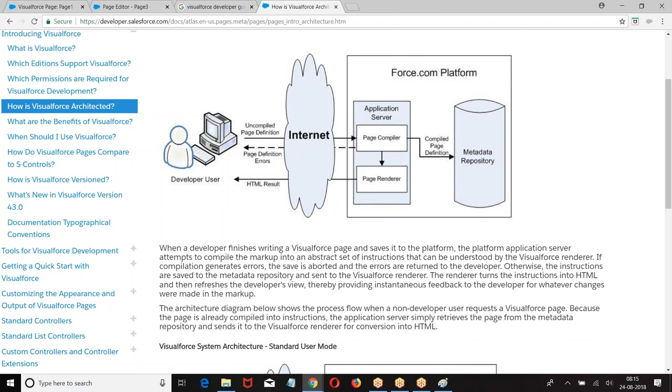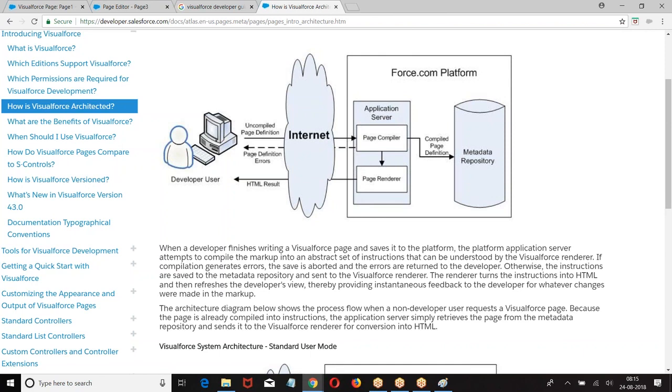Salesforce has created some components to build pages, like apex:pageBlockSection. Some of the components are created by Salesforce to help build pages. So Visualforce markup consists of HTML and Visualforce components.